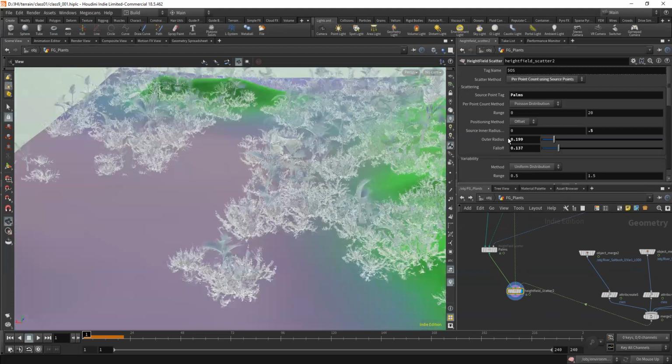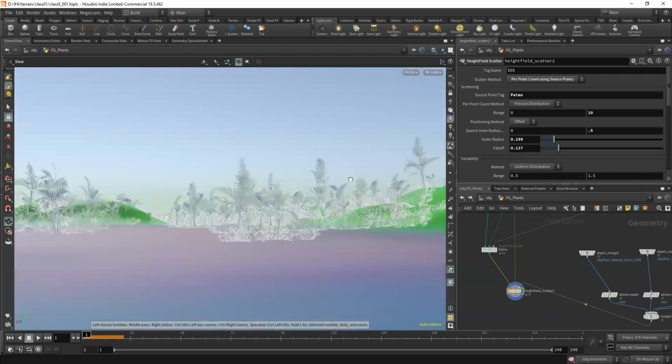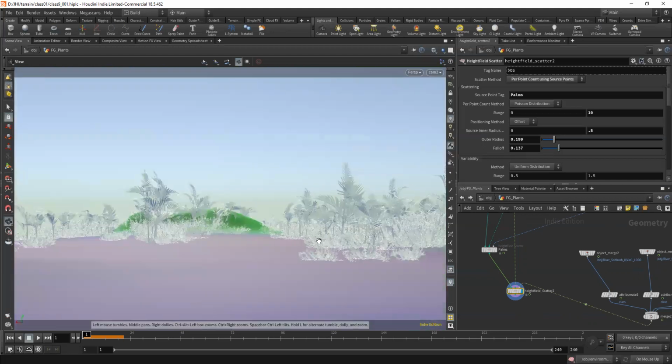So now I have this ability to control. This allows me to control how much my new points are moving and sticking, and this one here is how far out they go from that palm. I don't know what this one is here. The range is, let's try reducing that and see what that does. To be totally honest with you, I couldn't tell you what the main difference is, but now I've got something where I can set this and have it be around each palm, kind of grows these